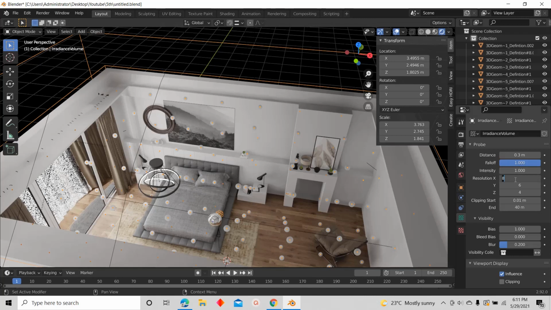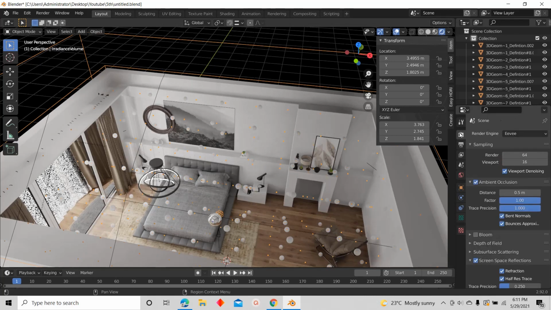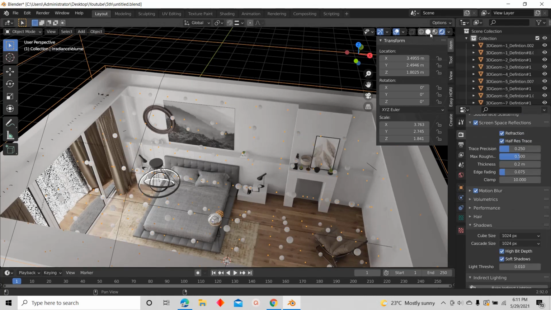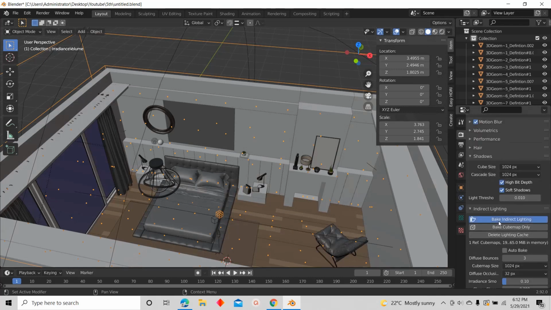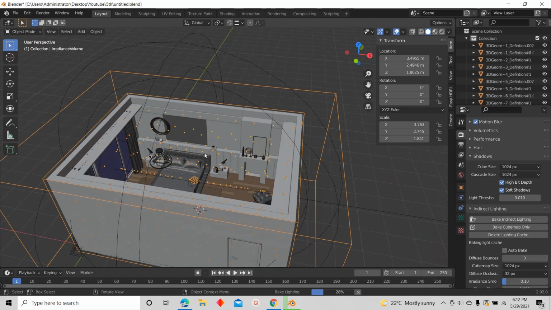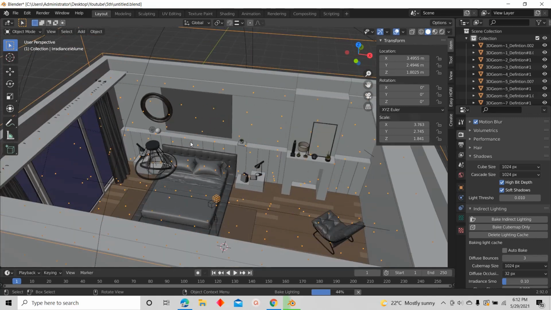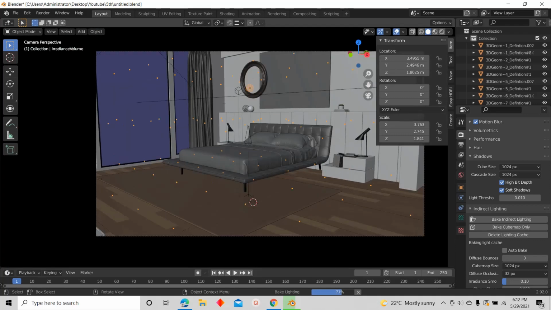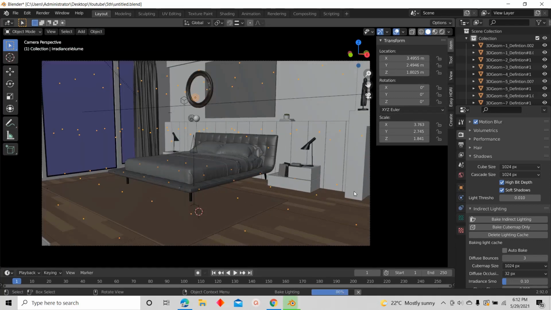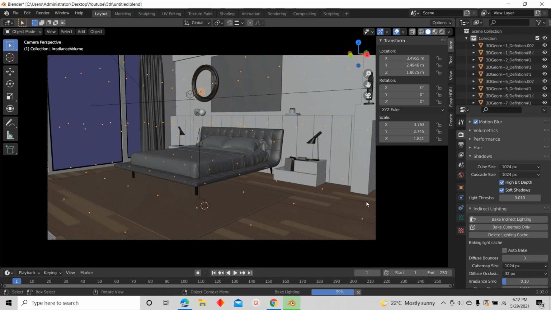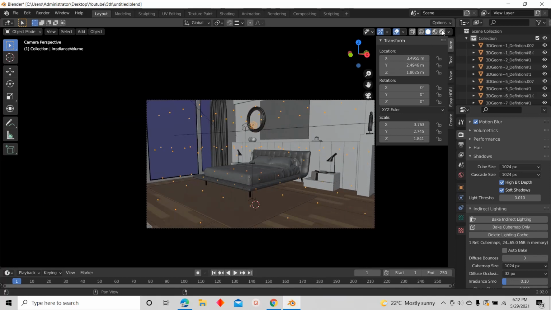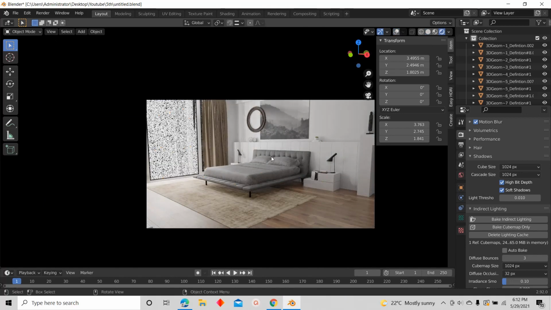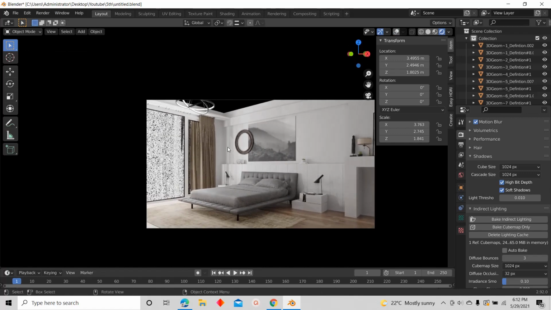So I'm going to just change this back to 10, and I'm going to activate solid view, and I'm going to bake it again. So these are the two ways that I use in order to resolve artifacts. So next what we're going to do is go to the camera view. Let us wait until it finishes. And if I go to the render view and deactivate this overlays, as you can see, let's click